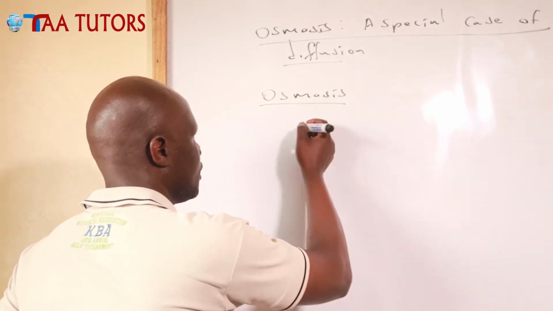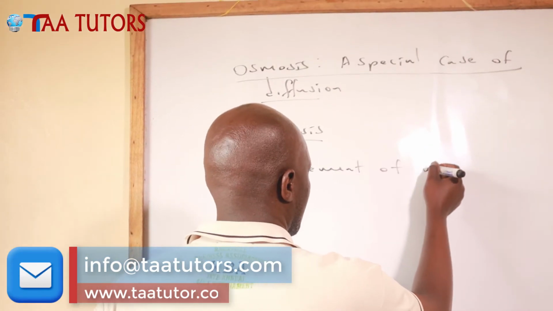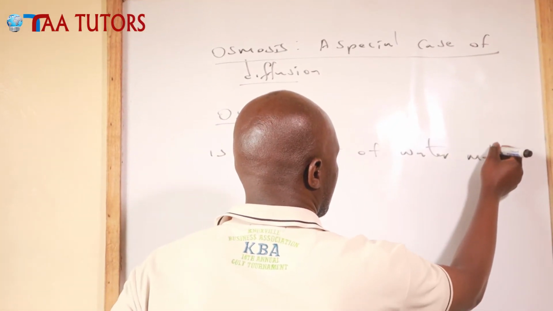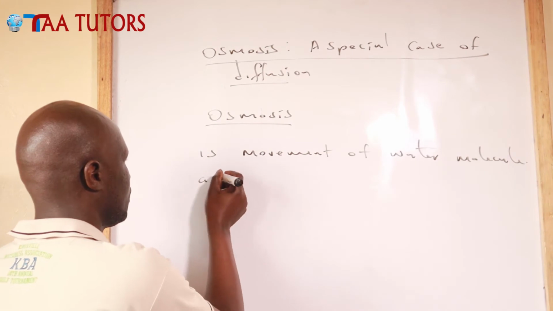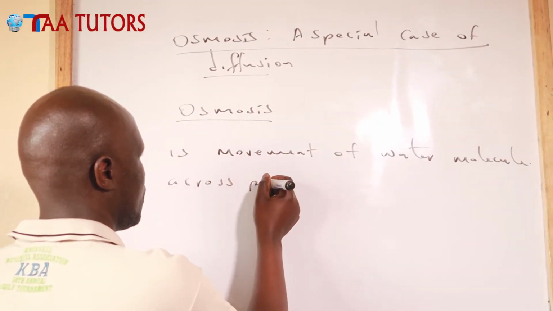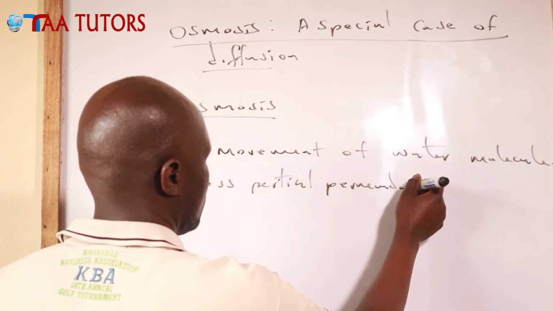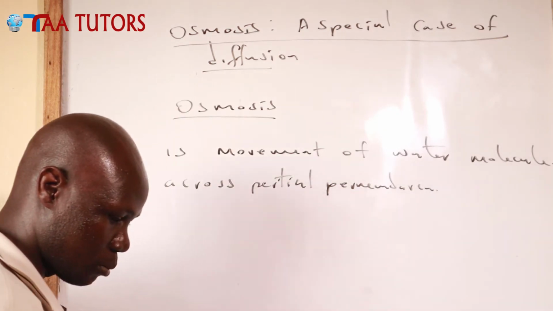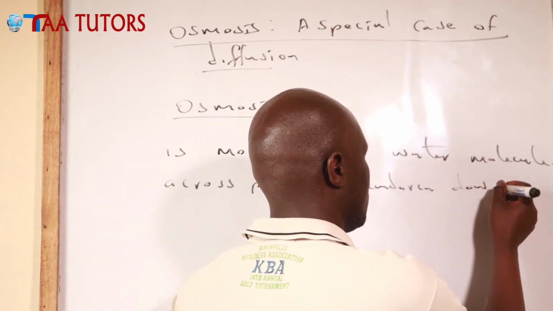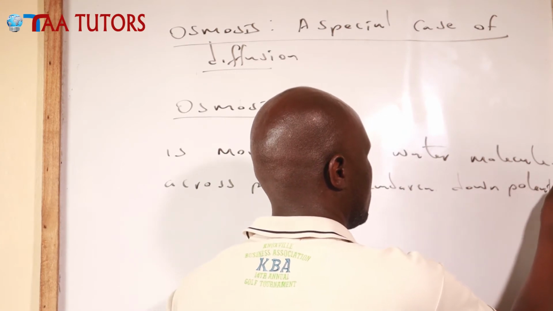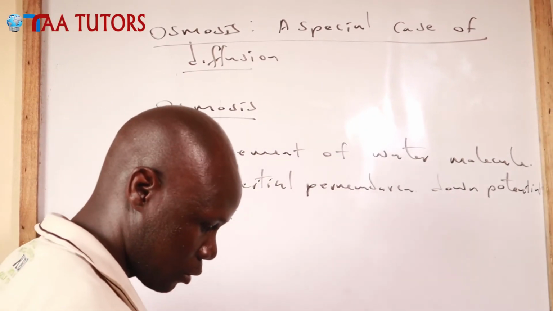Now I want you to be keen with that. We say that osmosis is the movement of a water molecule, and this is happening across a partially permeable membrane, and this water is moving down a potential gradient. So that is what we are calling